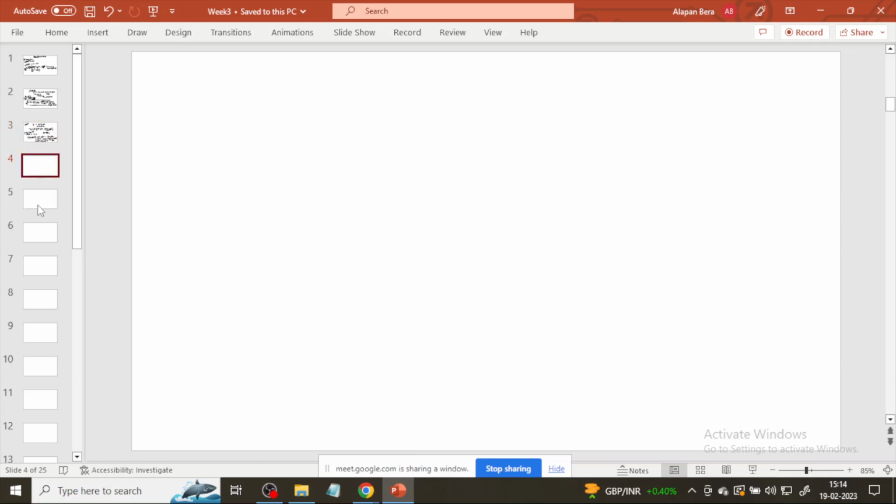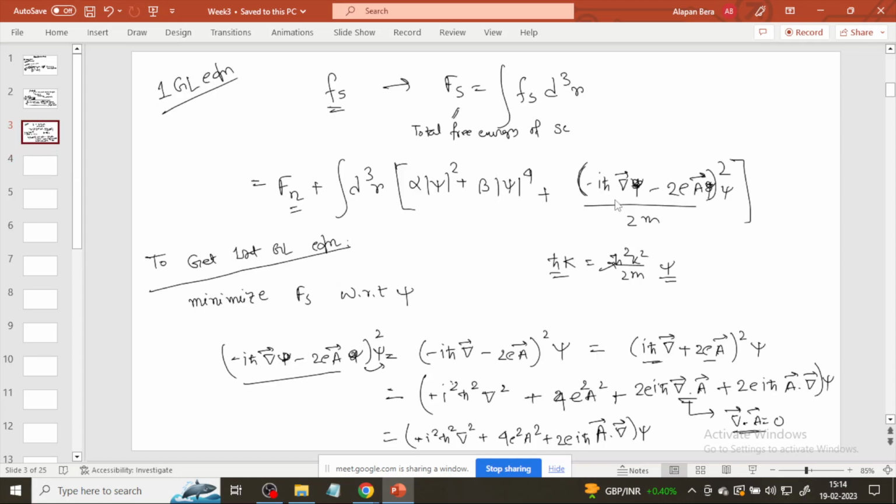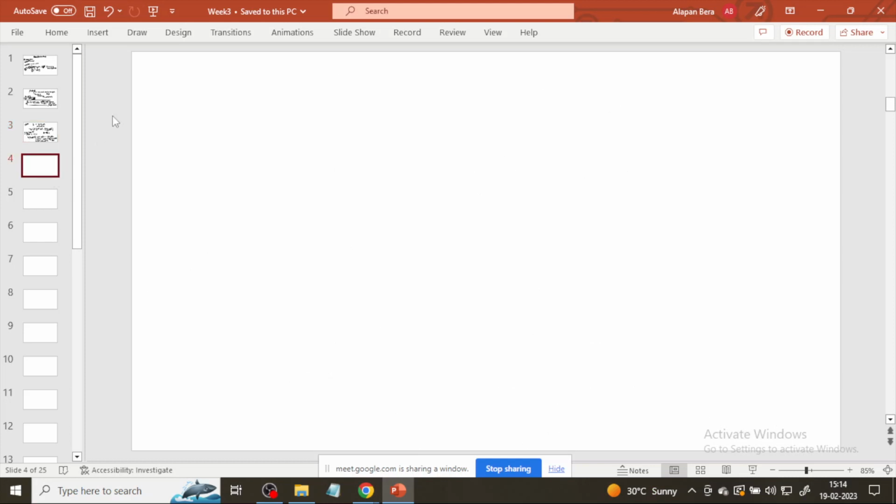So now we have simplified this term. Now let's put this equation back into this equation. So now our Fs is equal to Fn plus alpha psi square plus beta psi to the power 4, and in this bracket the whole term goes here. Okay, now we are minimizing